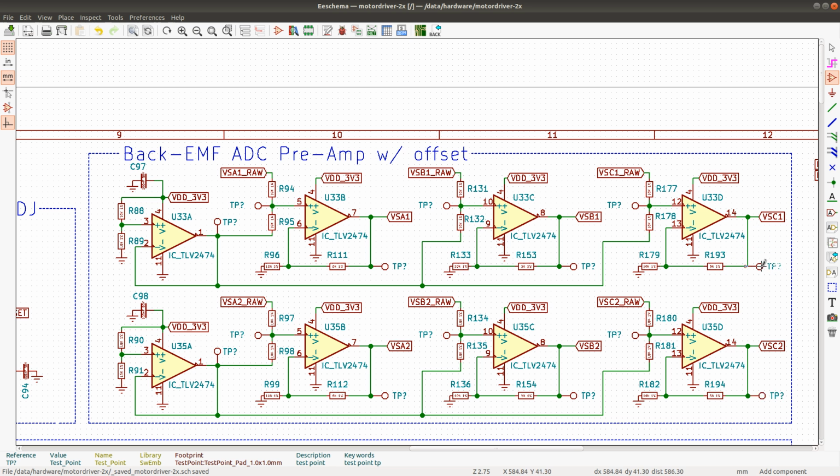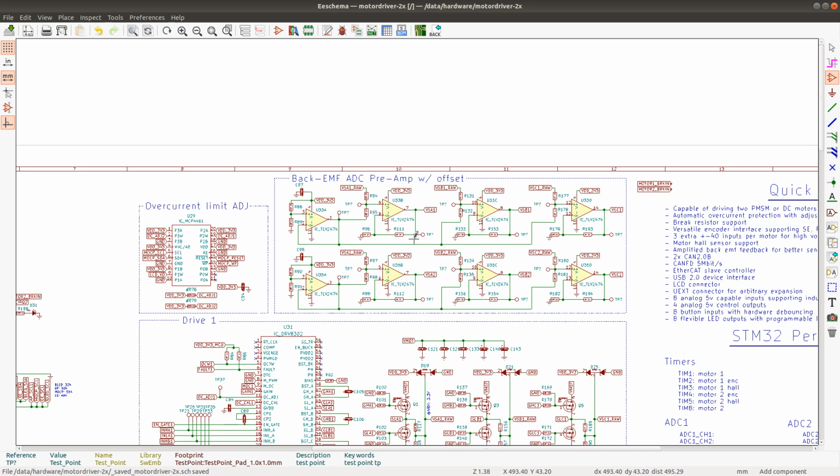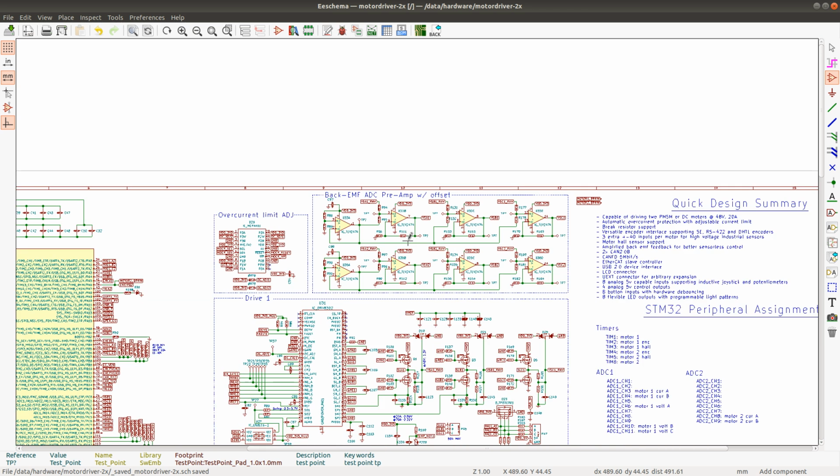So I'm pressing C in KiCad to copy a component. Okay, we have all the test points. It looks like they're, yeah, cool. So let's see if there's anything else. In terms of the raw signal that goes here,